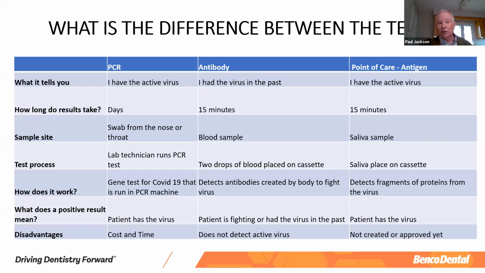In the case of PCR testing, you have days to get the result processed in a lab. We already mentioned the antibody test is 2 drops of blood, and it's within 15 minutes. And so that's a point of care test, as well as the antigen test when that's developed. And then if the task was to make a decision about which of these 3 tests to use and when you would test them,